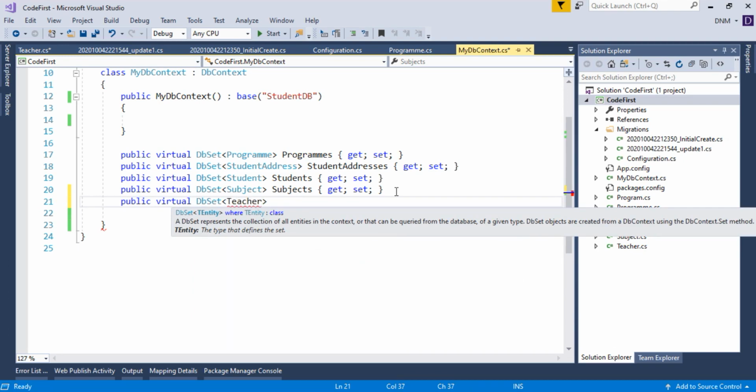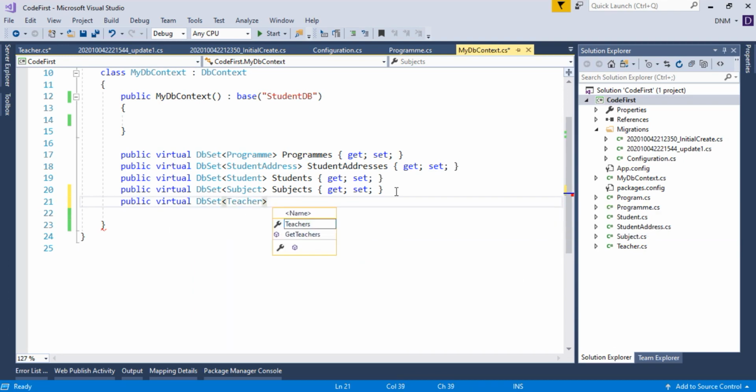So Teachers, get, set. That's it. Now again, if you run your application without migration, it will throw an error because now our application state has changed. A new model has been added to our application. So what we have to do? We have to again add a new migration.